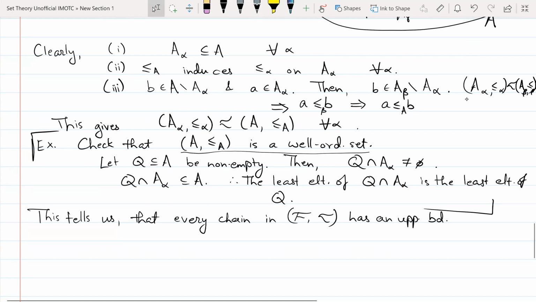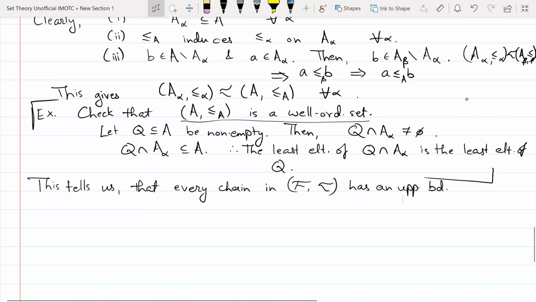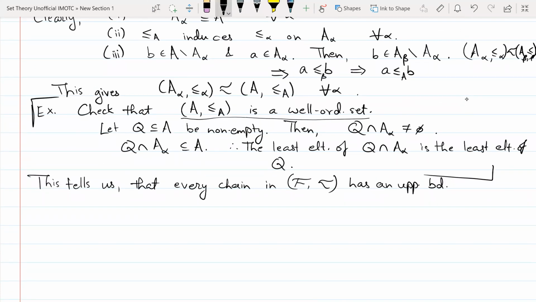Every chain over here has an upper bound. And what does that tell us? We are free to use Zorn's lemma now. What do we get? If this is a partially ordered set in which every chain has an upper bound, perfect. Therefore, by Zorn's lemma,